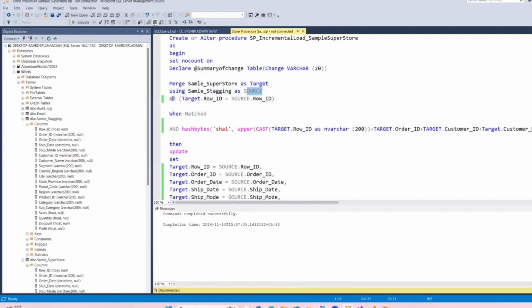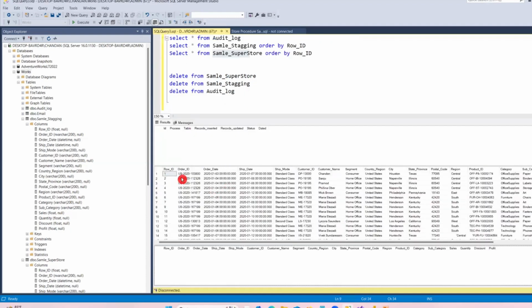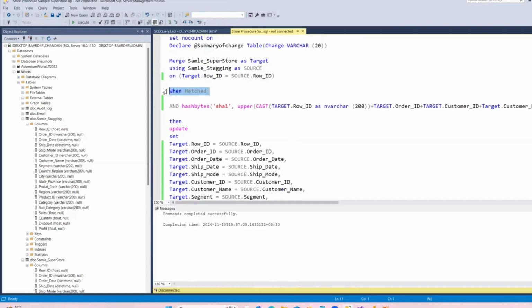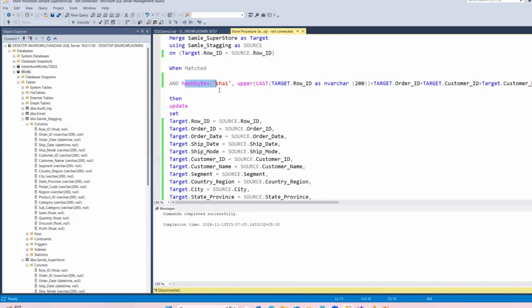Okay. And here we are giving the primary key. If you see, the row ID is present in the source as well as the target. This is a similar syntax to what we use in a join. The row ID is present in both the source table and the target table, so that's why we are giving this logic over here. When it is matched, then over here we are using